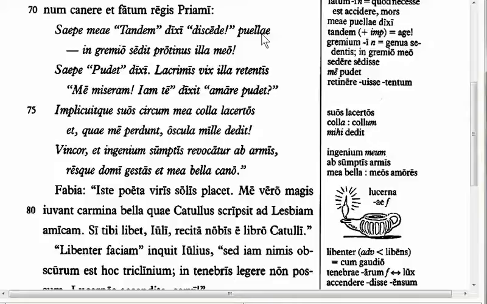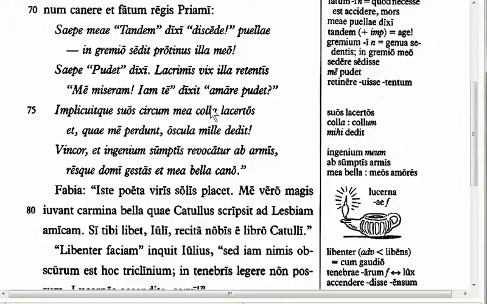In line 75, we have another poetic device. "Implicuitque suos circum mea colla lacertos," etc. And she entwined her arms, suos lacertos, separated by some other words here. So she entwined her arms, circum mea colla, around my neck. What is the case, number and gender of mea colla? Well, it's accusative with circum. Circum takes the accusative, around, and then we have accusative